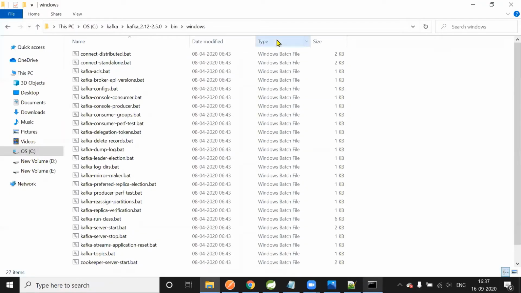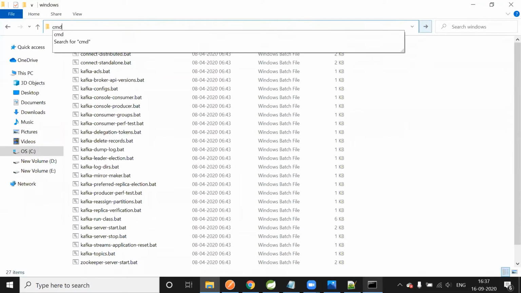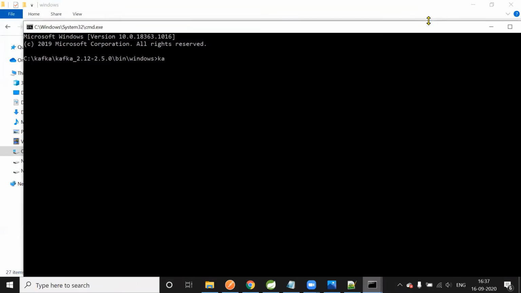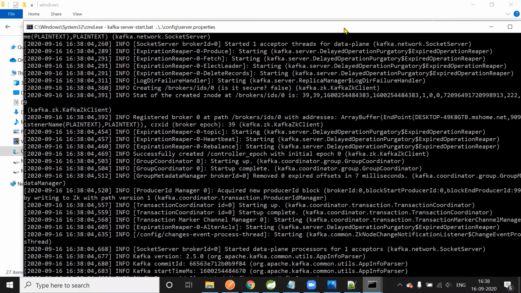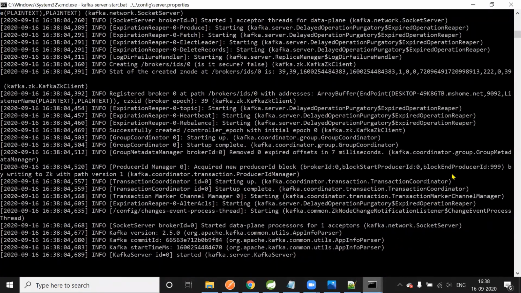Now let us start the Kafka server. Let me open a command prompt here. There's kafka-server-start.bat ../config/server.properties, enter. Now see here the Kafka server is getting started. The Kafka server runs on port 9092.